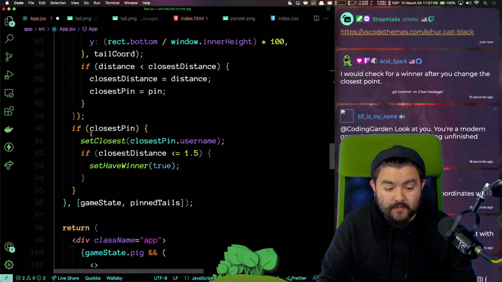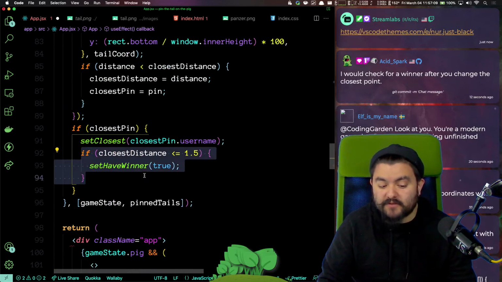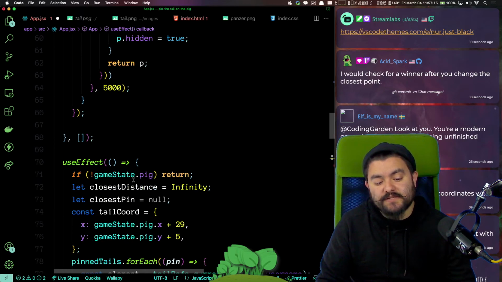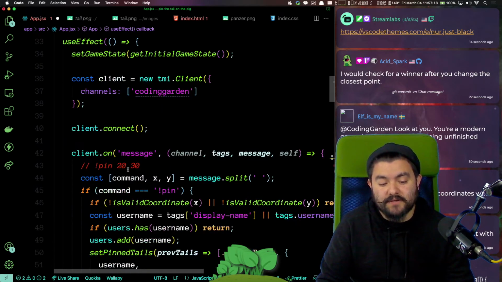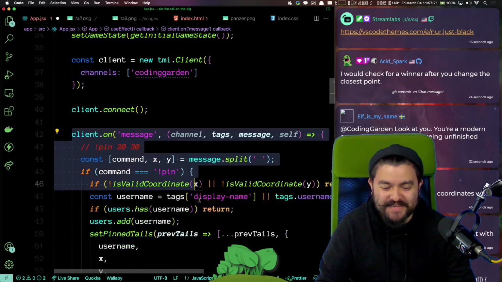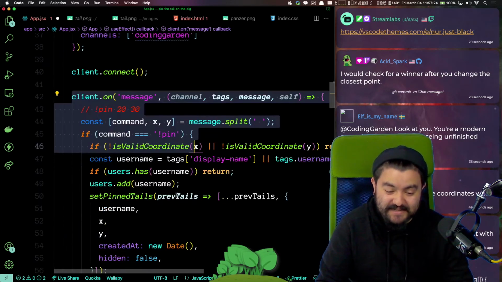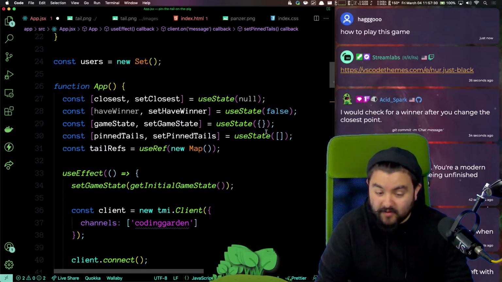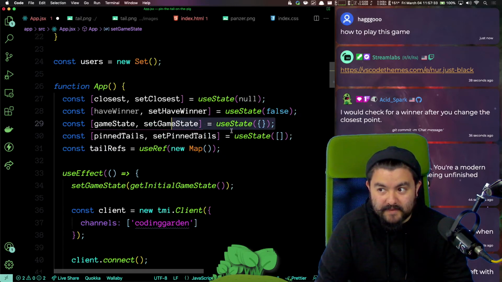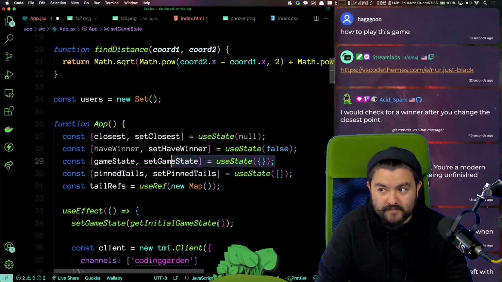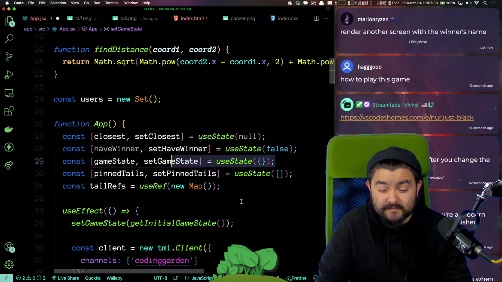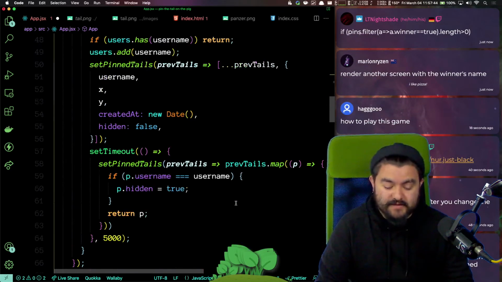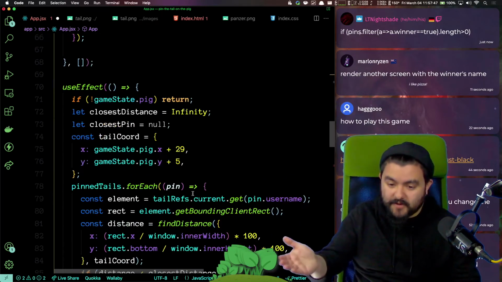Yeah, so I mean, we are immediately setting the winner. So the moment we find the closest one, we're setting the winner. I'm just having a crisis because really this code can't be in this use effect, because it needs access to game state, which makes me want to not even use React state at all. Yeah. So, but yeah, that's the thing. I'll go ahead and code that, like what LT Nightshade is doing.